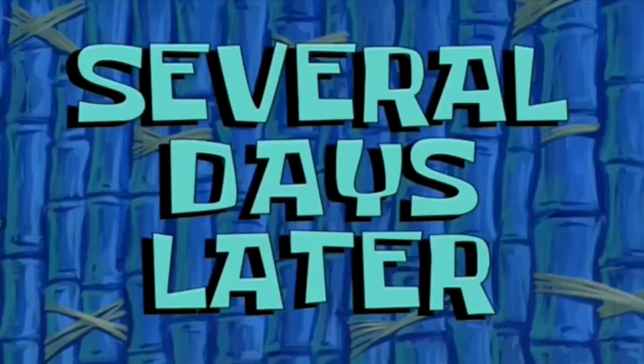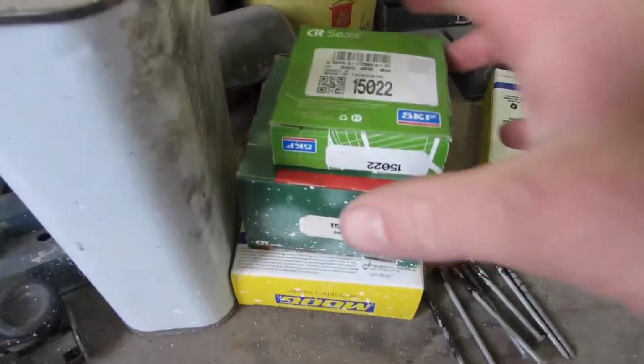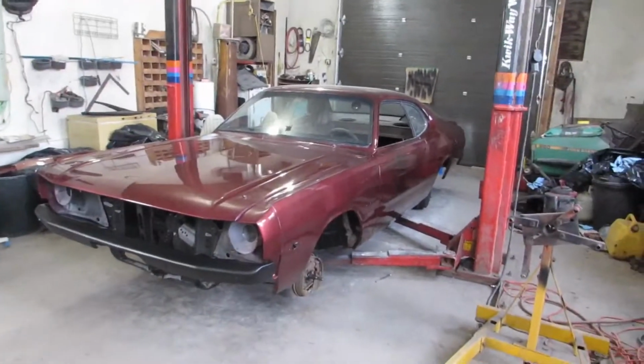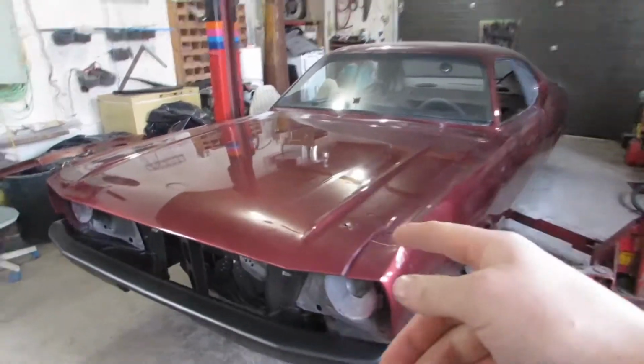Several days later. Alright, it's been a few days, but we waited a little bit and the exhaust gaskets finally got here, so that'll be able to happen soon. While we were at it, we got some more seals for different things. While we were waiting for the exhaust manifold gaskets, we did a few things, which is the first one,